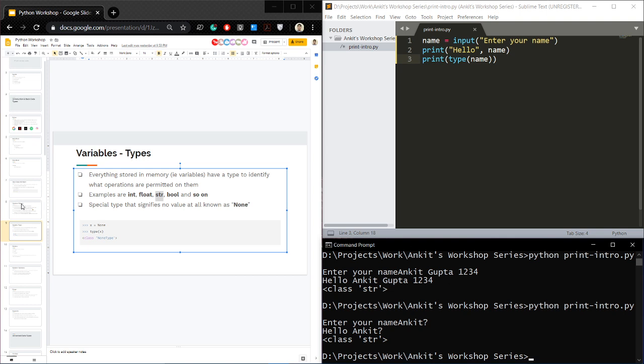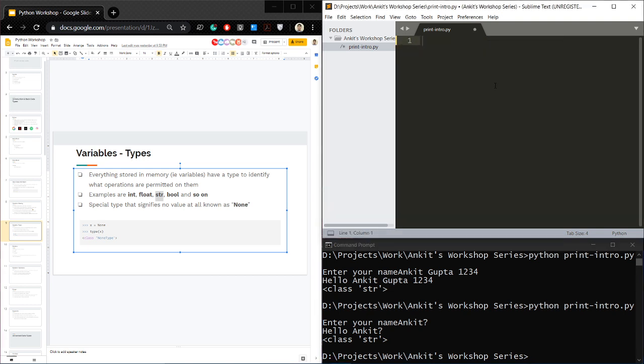So now what I'll be showing you is integers. So let's create a variable called a equal to input, enter one value, and I'll copy that entire thing